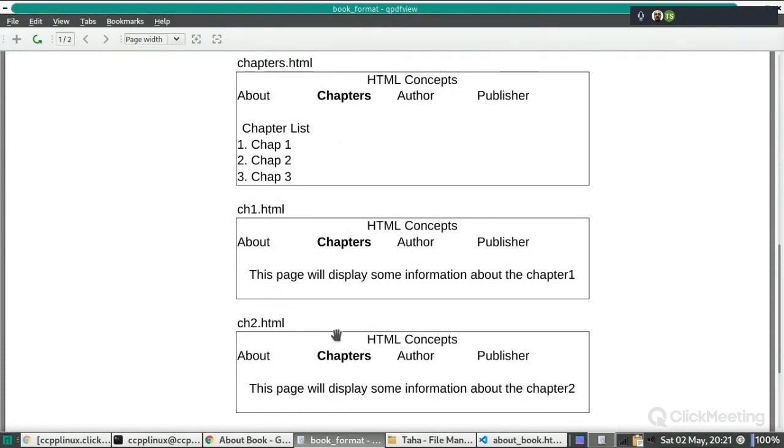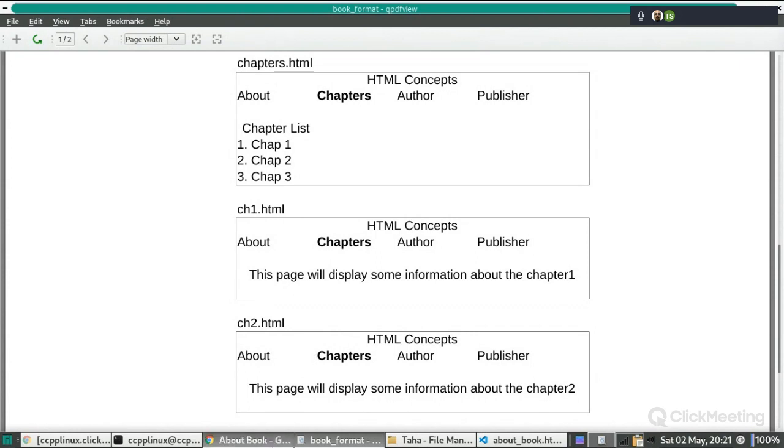So this is very simple. This is just an example of how we are using the link tag. Actually, this link tag is a very interesting tag, and it is only the A tag which has made this whole website concept so popular. A lot of sites are doing nothing but simply providing links.